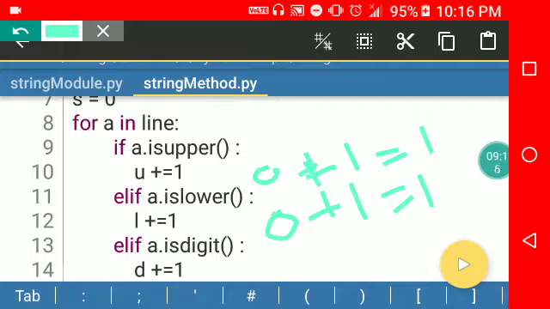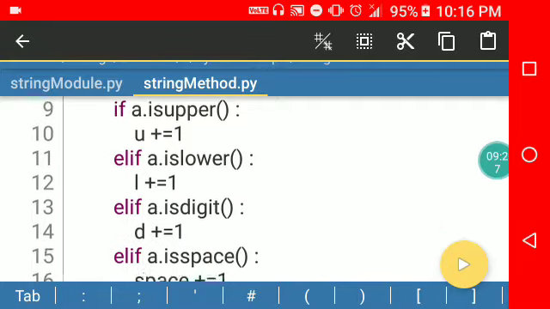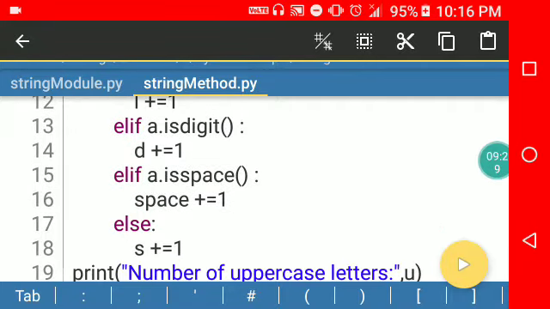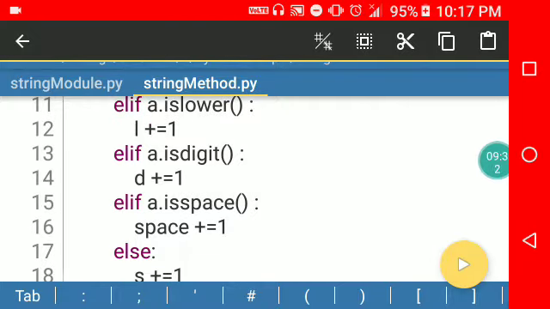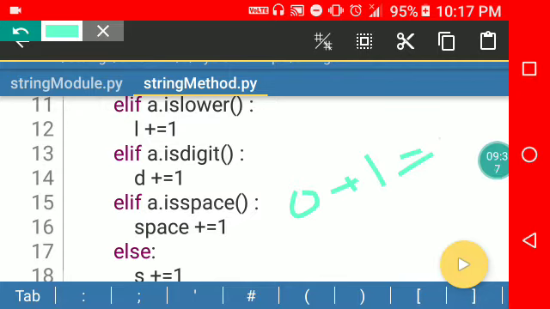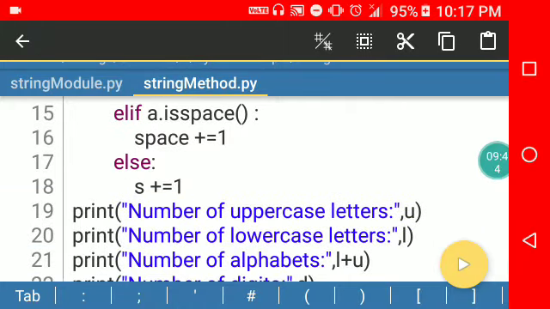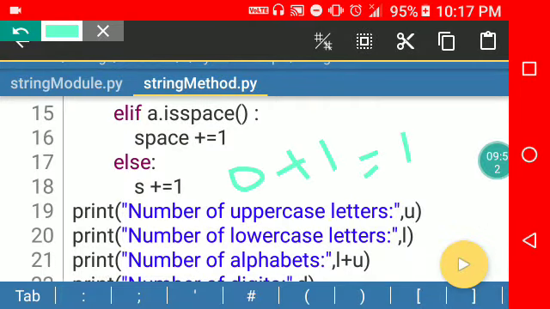Otherwise go to another condition, here digit, so same, 0 plus 1 is equal to 1. Same thing if space, 0 plus 1 is equal to 1. Otherwise go to the last condition, else. In else, same thing, 0 plus 1 is equal to 1.